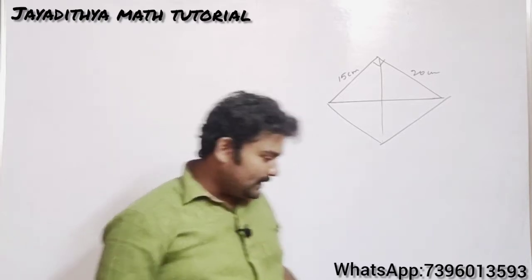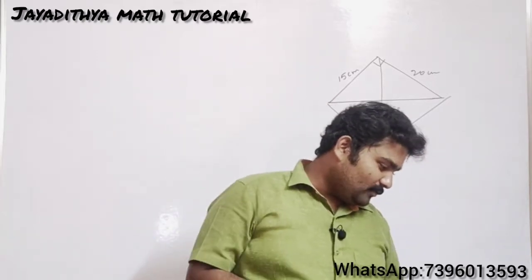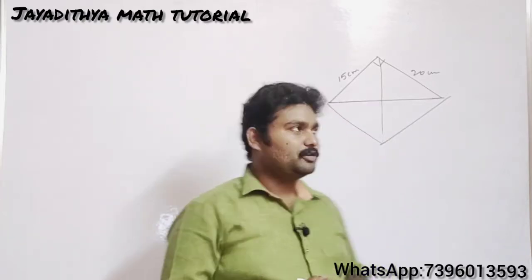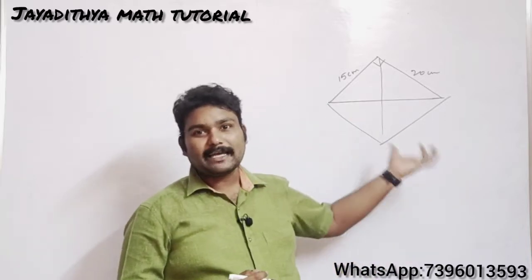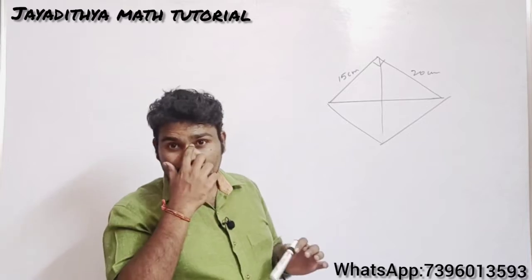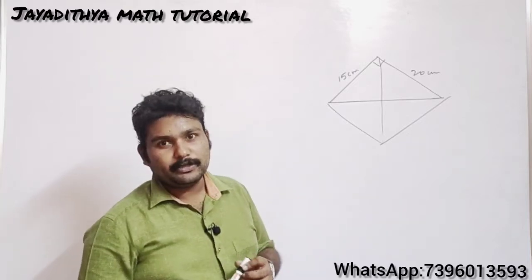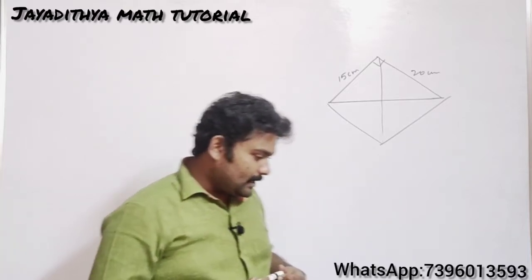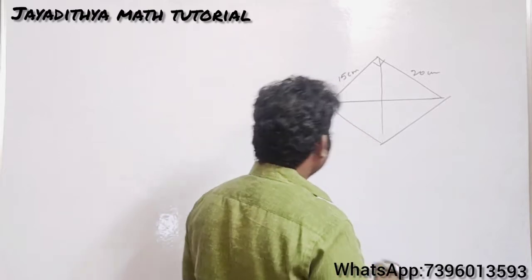Now our problem is to find the volume and surface area of the double cone. You should find the volume and also the surface area. Surface area in the sense, the total surface area you need to find here. That is our question right now. So let us take the dimensions here.